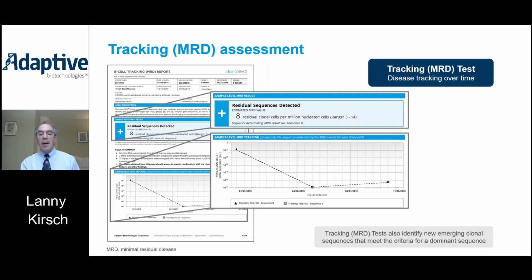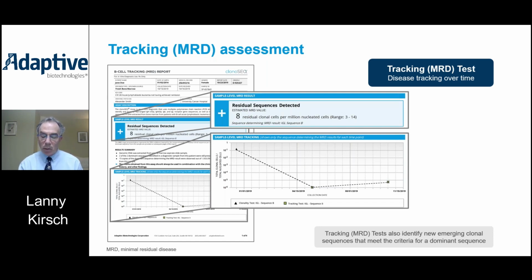Presenting the result as an integer number per million cells allows both doctors and their patients to easily monitor the trend of their disease during their course of therapy. Now, any single point in time value is a measure of tumor burden at that one time point. Looking at the level over time in multiple time points and in multiple samples is a measure of tumor biology, including tumor doubling time. Since the entire B or T cell repertoire is profiled each time a sample is run,